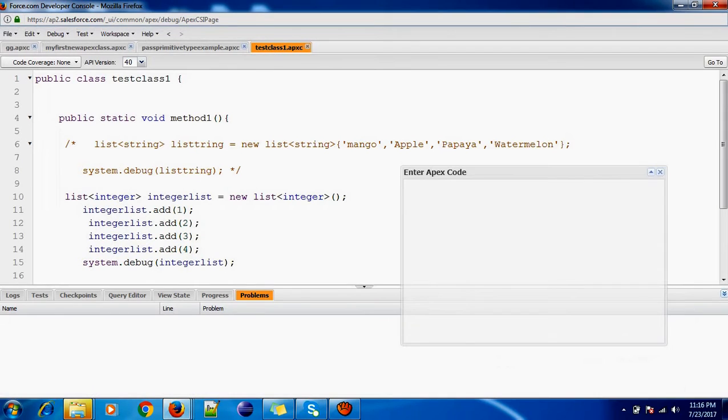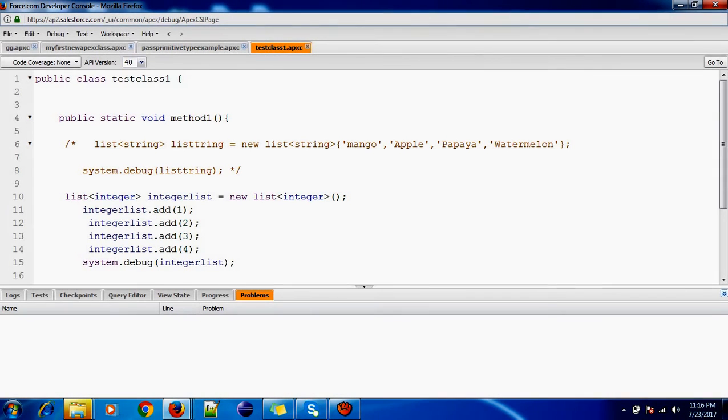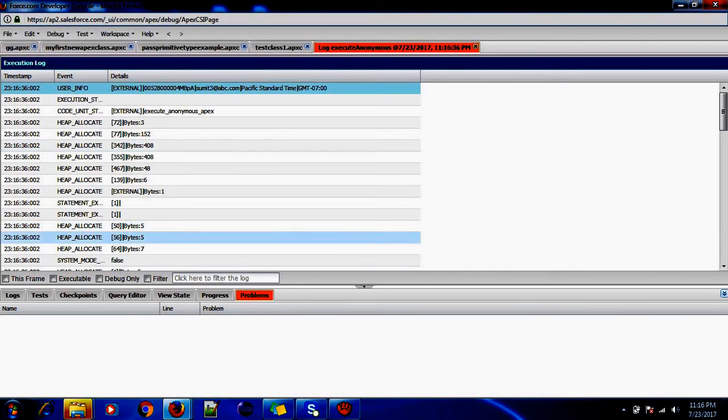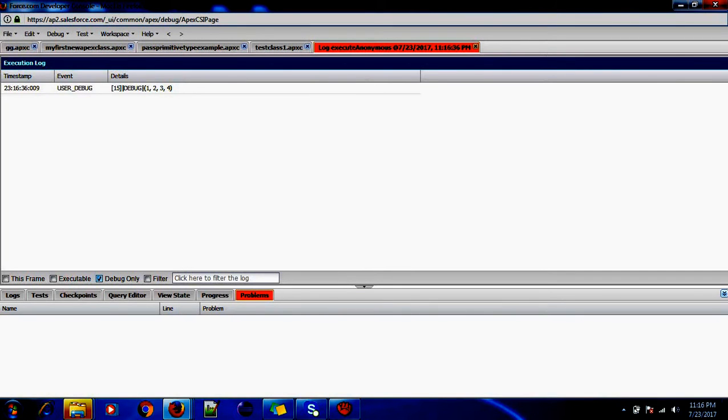Sorry, it's already open here, so I'll call this class and static method. So we should see 1 2 3 and 4. 1 2 3 and 4.